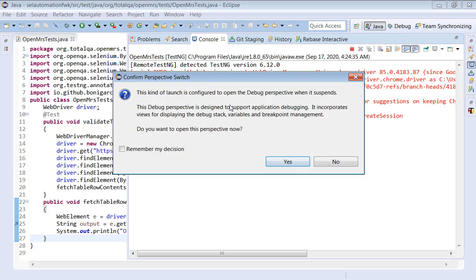We have to select Yes. Right now you are in the Java perspective. It will ask you to change to the debug perspective. Why? Because of this breakpoint, it is unable to continue further unless we say yes, please proceed. And you have to select Yes here to change to the debug perspective.